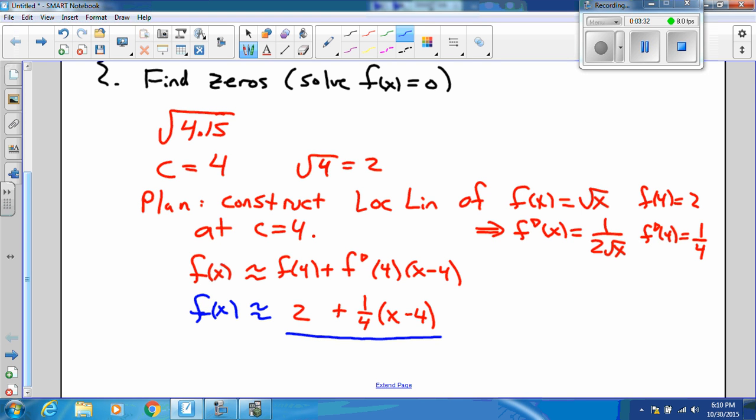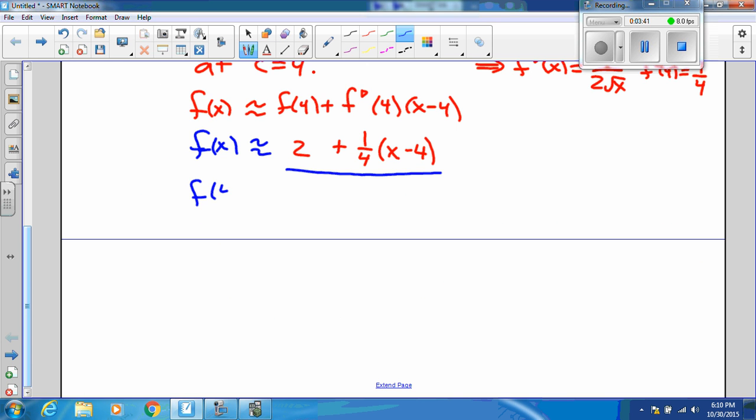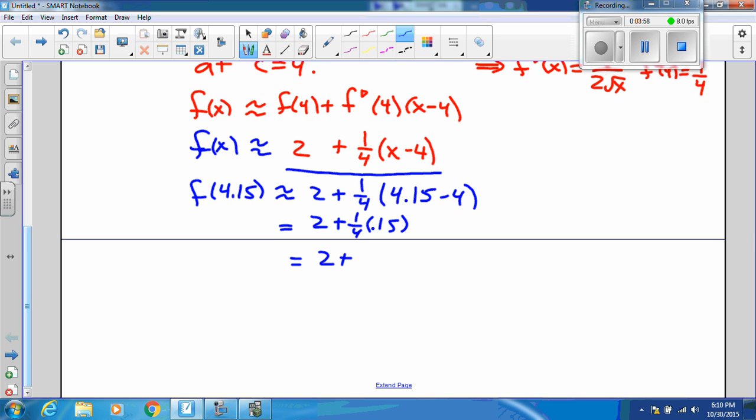Please notice that I have replaced my square root function that I can't evaluate with a nice straight line that I can. And so the answer to my question is that f of 4.15 is approximately equal to 2 plus 1/4 of 4.15 minus 4. And that simplifies to 2 plus 1/4 of 0.15. And we can do this in our heads. That's 0.15 divided by 4, which is the same as 0.0375. And lo and behold, I've come up with a good estimate for the square root